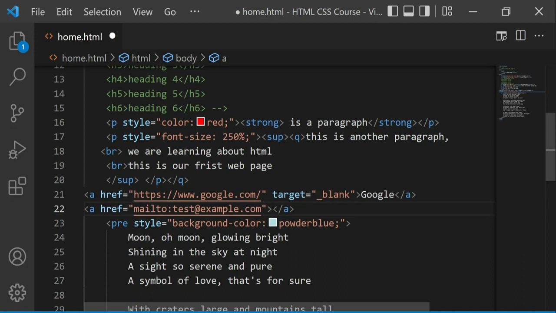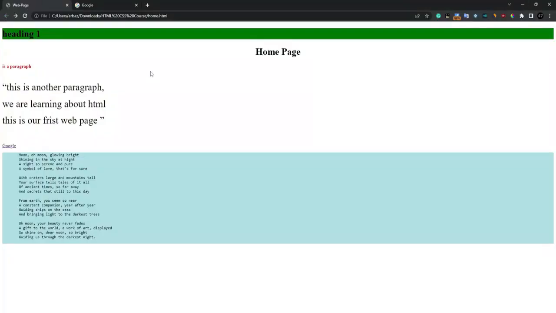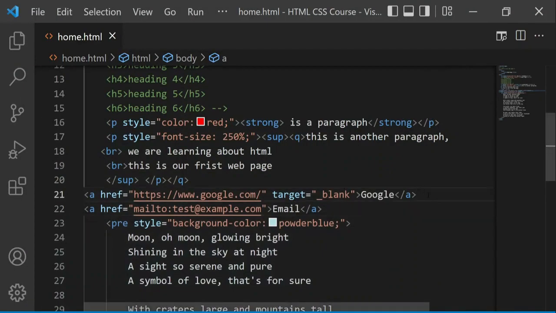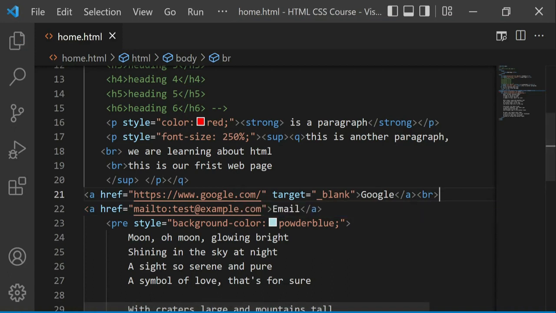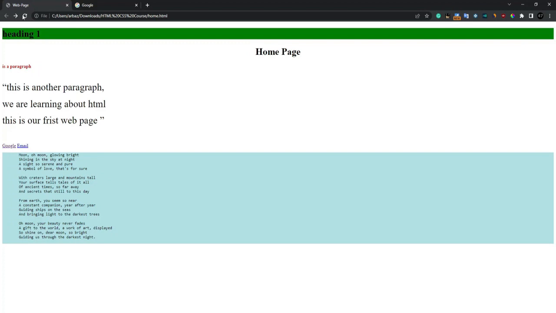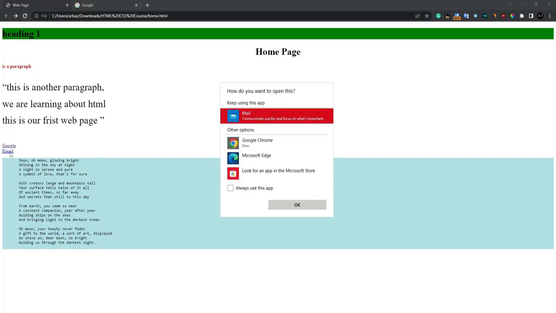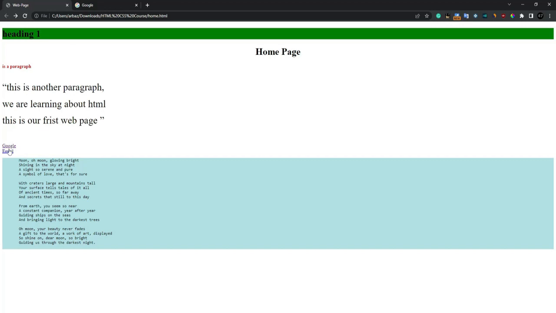So if I do email, and we save this particular code, and after that go back to the browser and refresh the page, we will be able to see the email as well. To add a space in between, I will just add a BR tag. After that, we'll go back, refresh the page, and click on the email. If you click on it, you can see it is opening the email directly on our system. For me, it is asking to select a particular email client that we have on our system. And if I hover over it, you can see at the bottom that it is showing the email address, that is